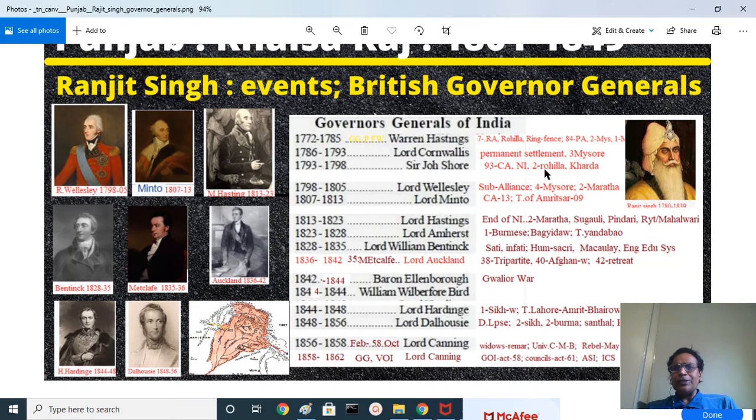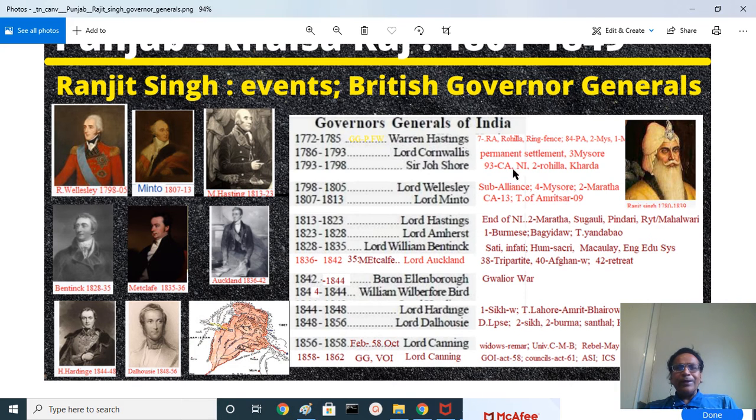He was still a small ruler. And then in Cornwallis's time, the Third Mysore War was fought. Why we are discussing this is that you have to have a historical context. Tipu's territories, the usurper of the Wadayar kingdom, were taken away a lot, and then the non-intervention policy was followed. The Second Rohilla War was fought at Rampur. Marathas won a major victory at Kharda region. Kharda is in Marathwada region today. And the Nizam was decisively defeated.